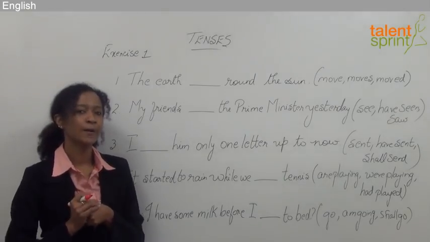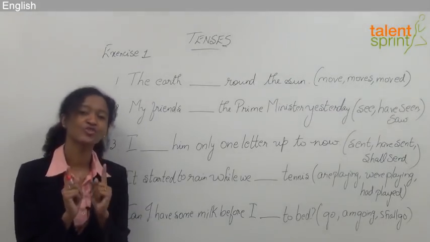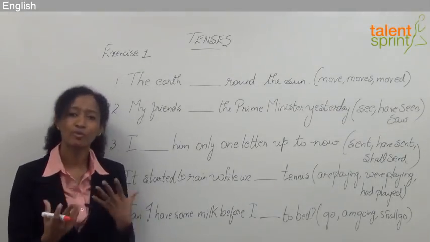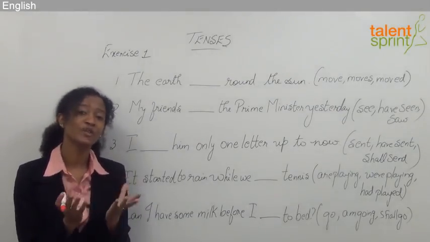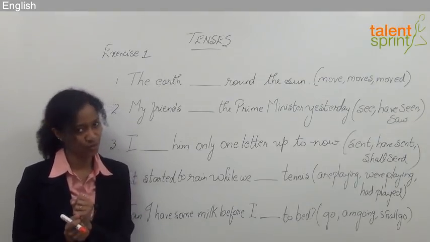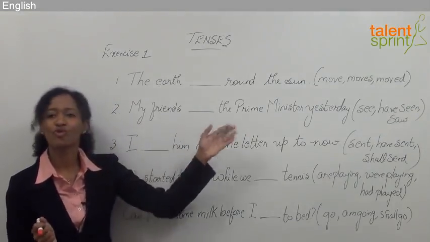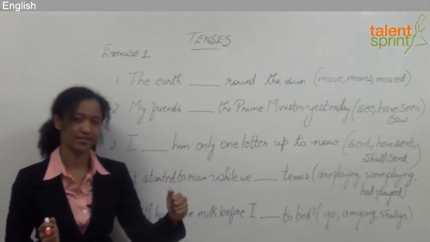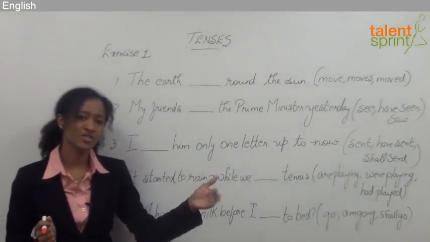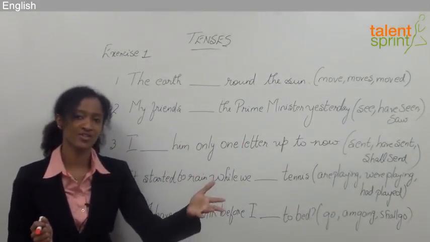Okay, great. So we understood that a feature of a verb showing the time of action or the degree of completedness is nothing but the tense of a verb. So we looked at the 4 forms of each tense, right? The simple tense, the continuous tense, the perfect tense, and the perfect continuous tense.